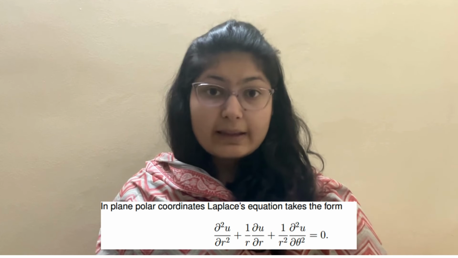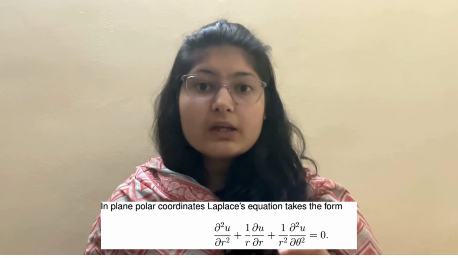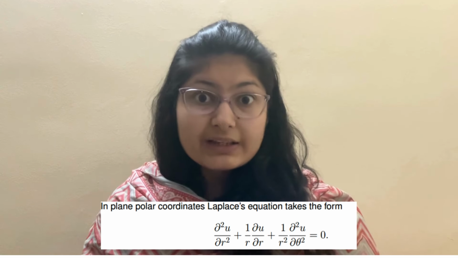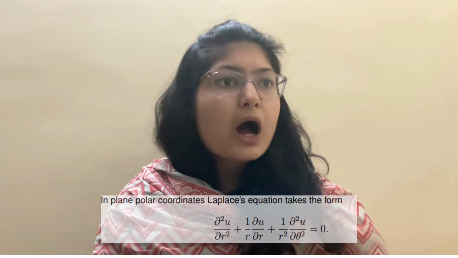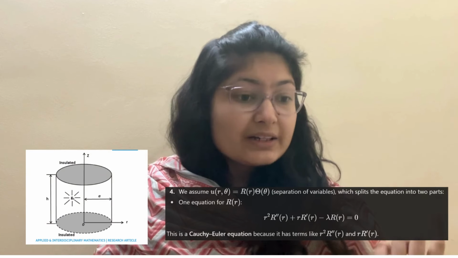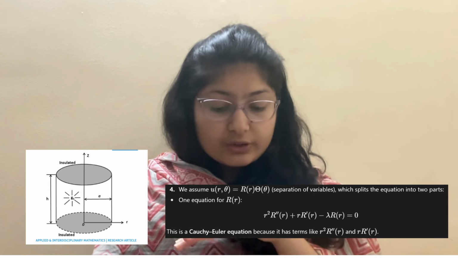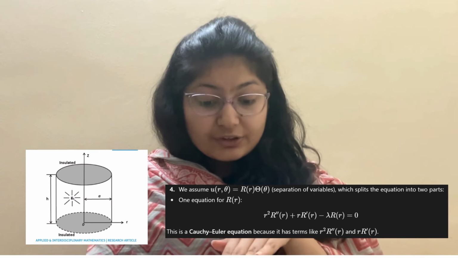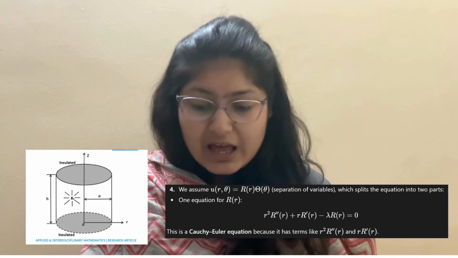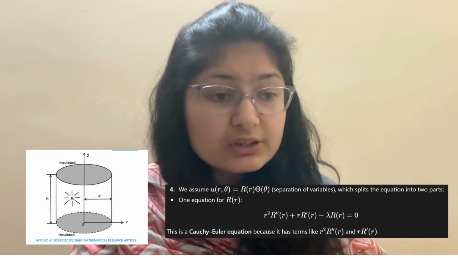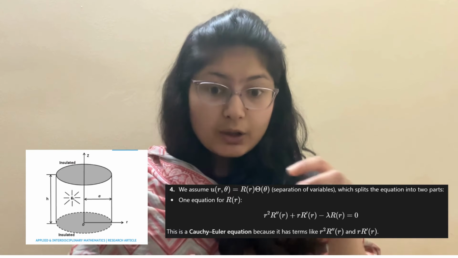Take physics for example. When we solve Laplace's equation in polar coordinates, it reduces to the form of a Cauchy-Euler equation. How? Because when you study the steady flow of heat on a circular plate, the radial part gives you a Cauchy-Euler equation. Now, this happens because the geometry scales up with distance from the center.